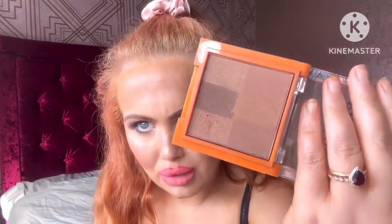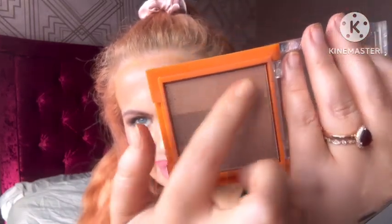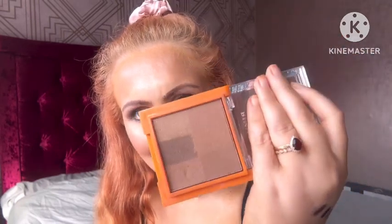I did get my nail in one of them shades, that's why it looks a bit like an indent. But it has anything from a really, really dark chocolate, and then a light caramel, and different tones. So it's perfect if you are either fake tanning or real tanning, and you're wanting a bronzer, it's gonna mix and match. You can get different shades in this bronzer too. With this one, you can mix the lighter top shades if you're paler, and then when your tan develops and deepens up,